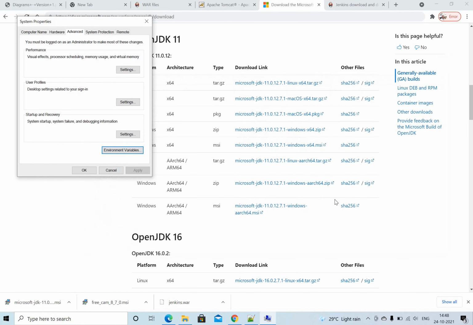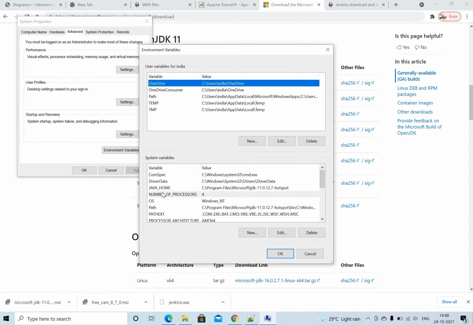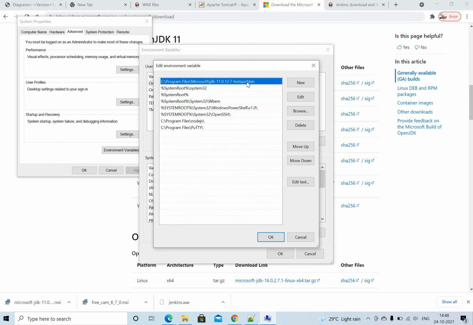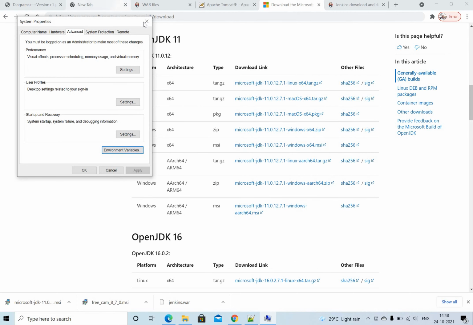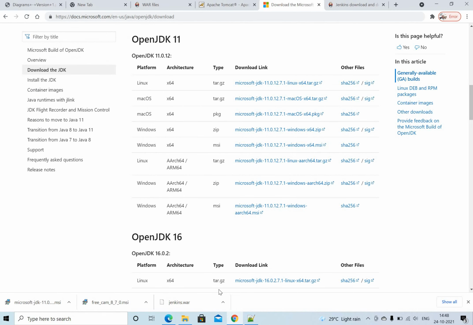Once you set this path, bin is already set. You can see JAVA_HOME set to this path, and in the Path variable there is a bin. We need to set the path up to bin in the Path variable so that it is accessible from everywhere. Now I will close the system properties.